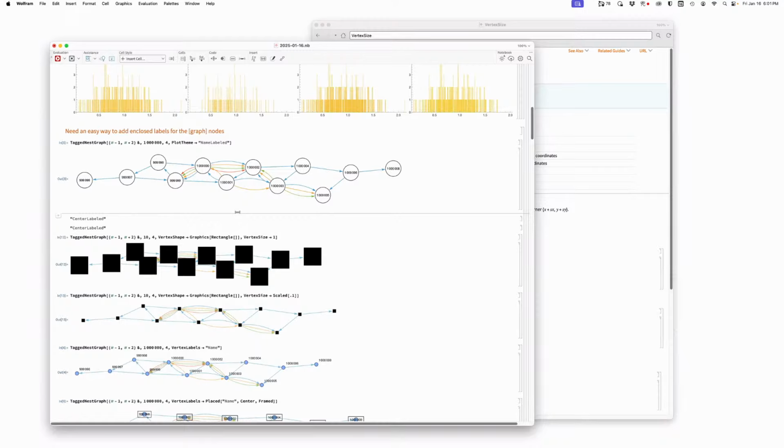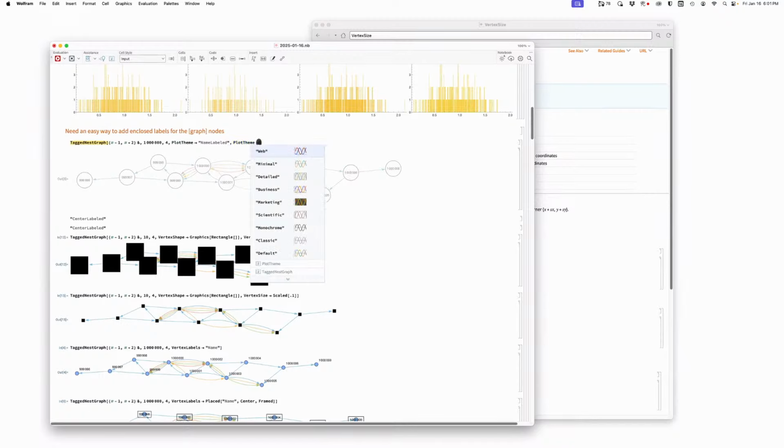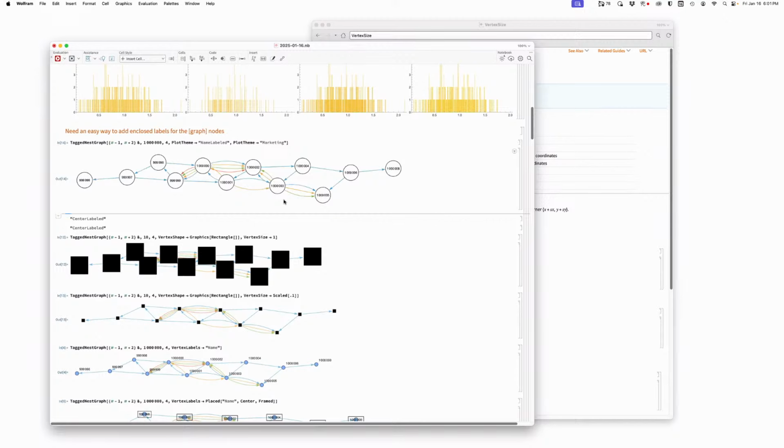I don't think that's the best thing. I mean, I can't do two plot themes, can I? If I also want to do plot theme arrow marketing, that's not going to work. How do I combine plot themes? Put them in a list. Does that work? It should. I wouldn't trust that, but